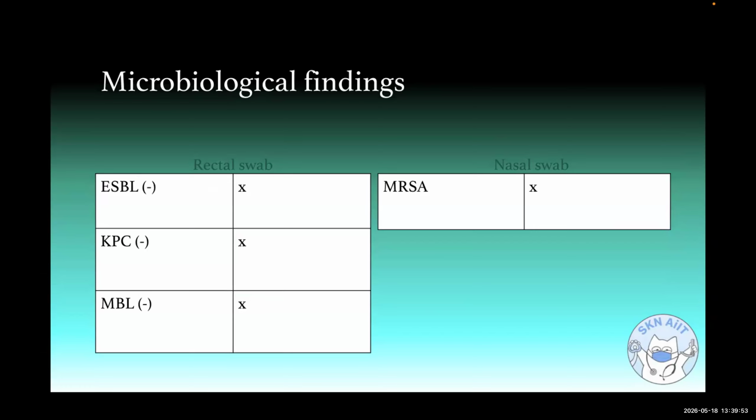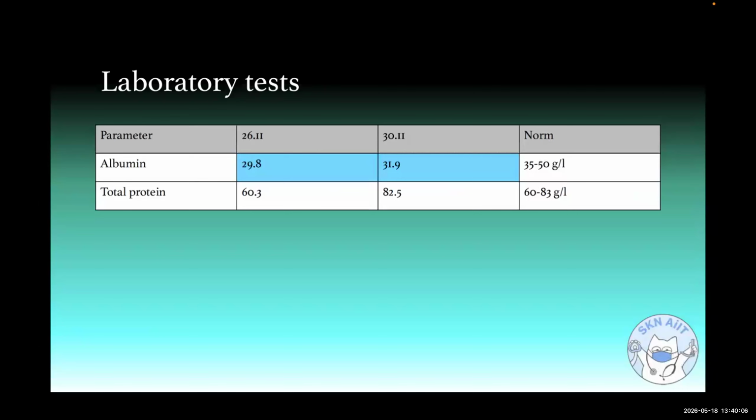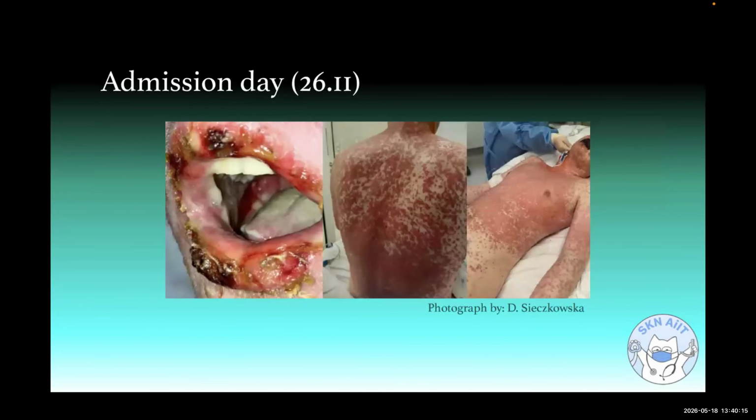There were no bacteria found in the microbiological swabs. Those parameters weren't that bad. And also his albumin and total protein went up after 4 years. He was transferred from our department in a generally good condition, and I'm pleased to show you the progression of